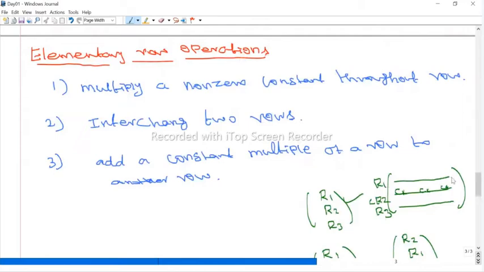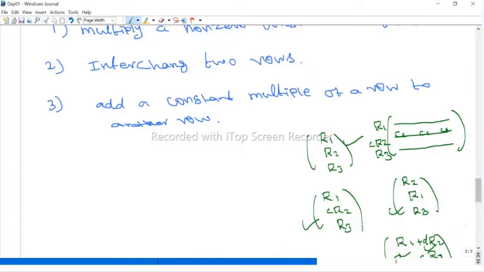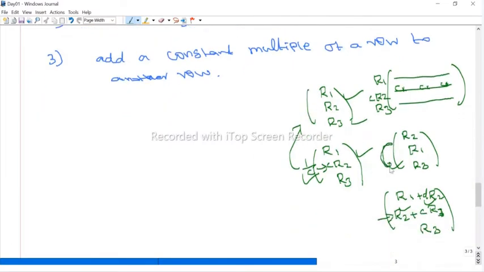Now what does the inverse row operation mean? We have to take the reverse. Once you did this, to go back to our original position, we have to multiply by 1 by C to the entire row, and we will get the original one. That is the reverse. Interchanging again gives the original position. Actually, we mostly do not use the inverse row operation, but anyway, inverse means we have to do the reverse process, and you will get the original matrix.